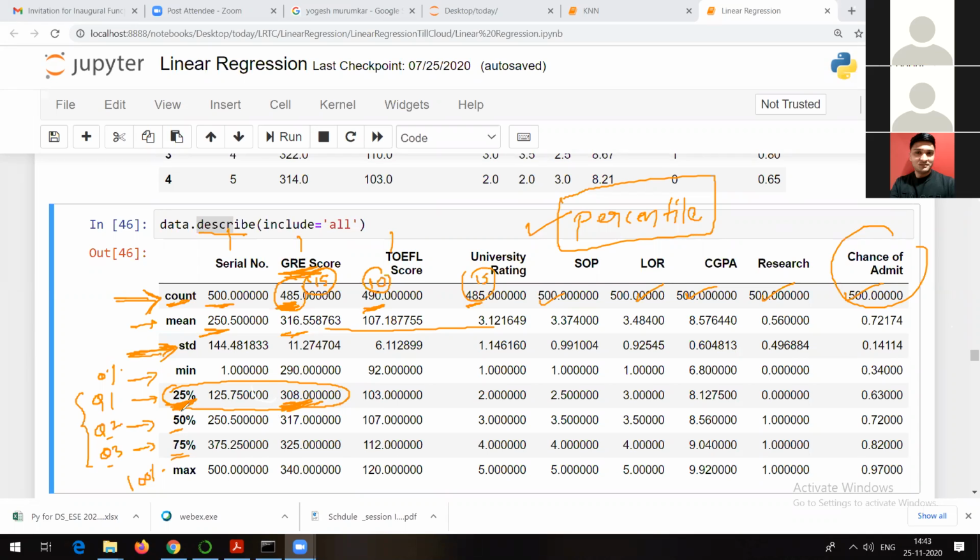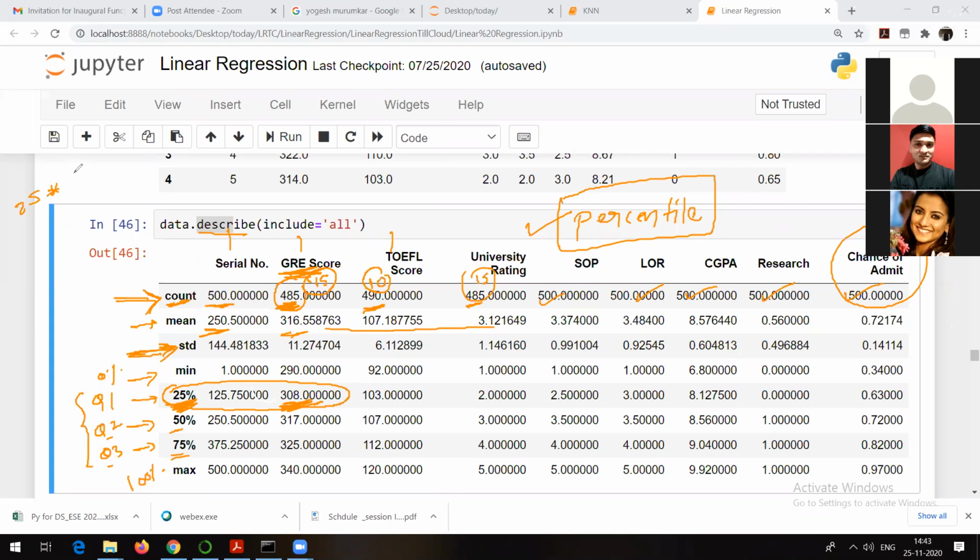See, if 25 percentile of GRE score is 308, that means there are 25 percent of the people who have scored less than or equal to 308 marks in GRE. Now, how many records in total? We have 500. So if I say 25 percent, it means 25% of 500, that means 125.